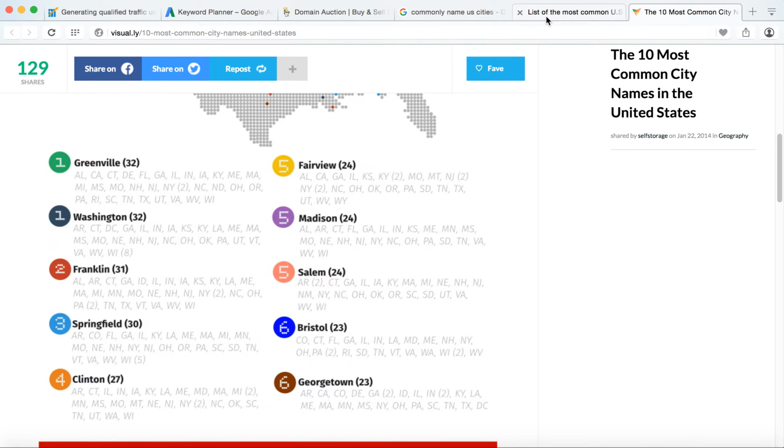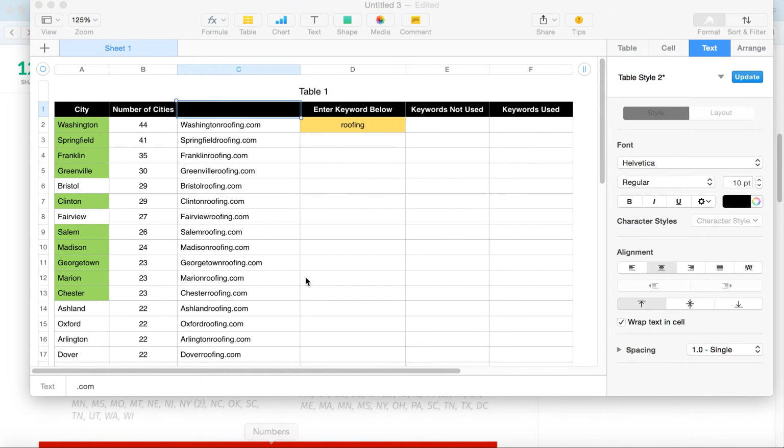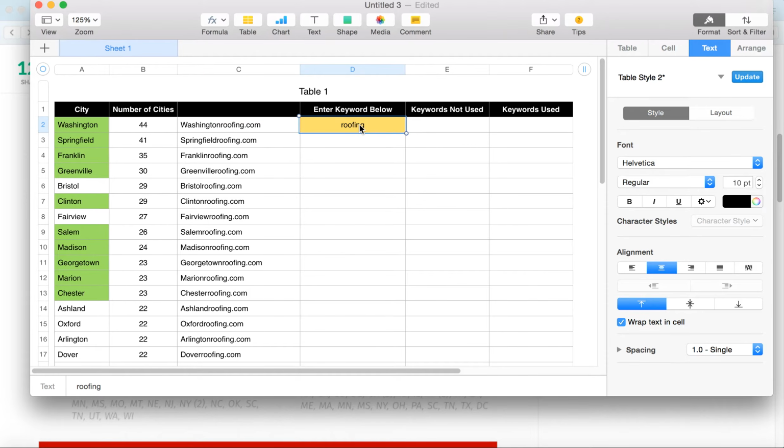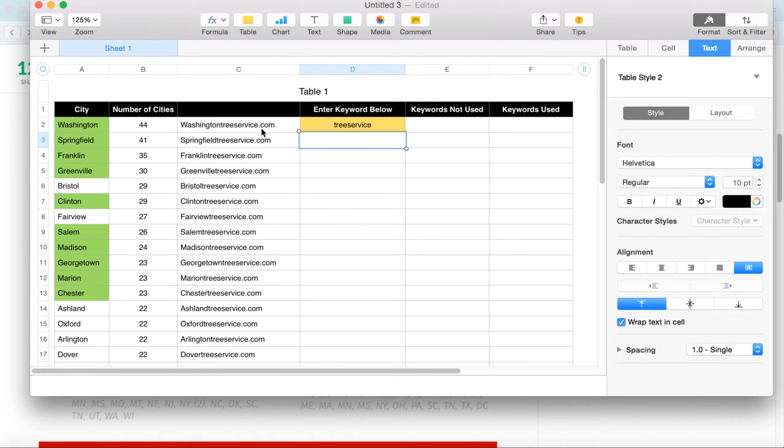You'll probably want to create a spreadsheet, which I've created, and that I use. For instance, I just basically come in here and I type tree service, and then I get a list. And these are my commonly used cities in the U.S. And then the number of cities that are for that one city. I don't necessarily worry about states. I just worry about the number of times that it shows up. So I then can take this, copy it,